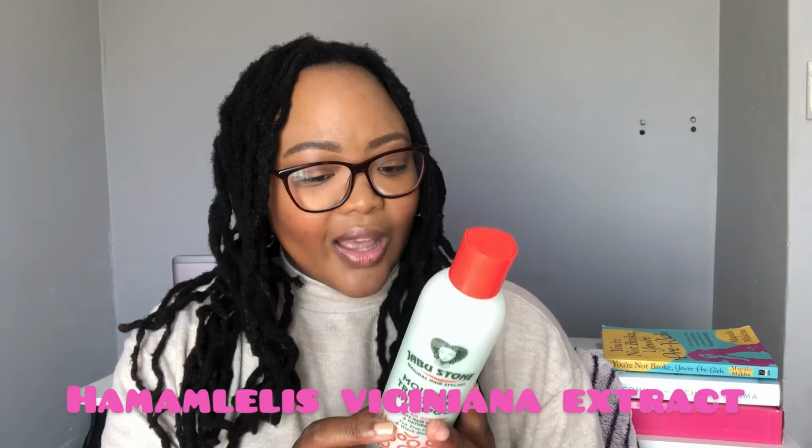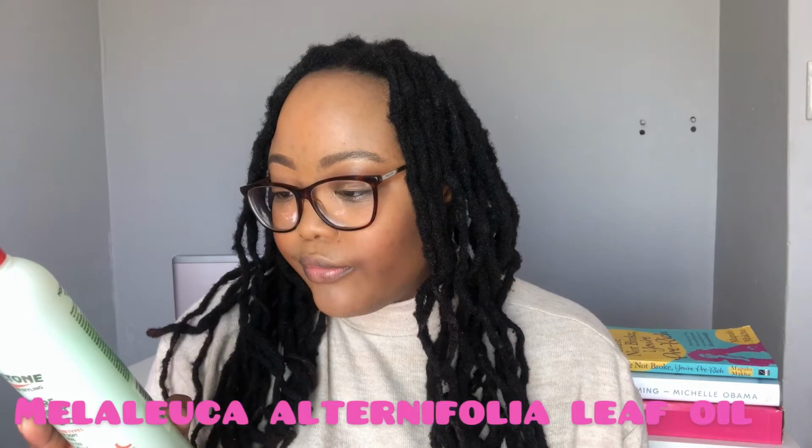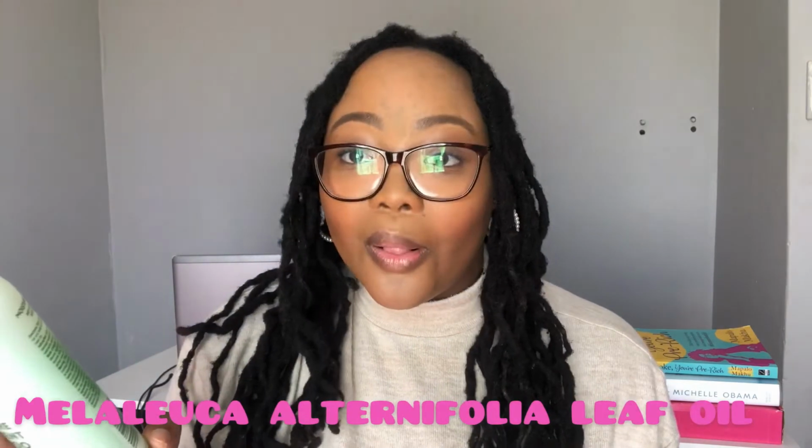methylchlorosulfonol, Hamamelis virginiana extract, Melaleuca alternifolia leaf oil, cocoa